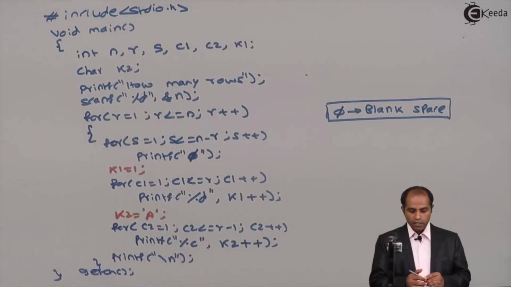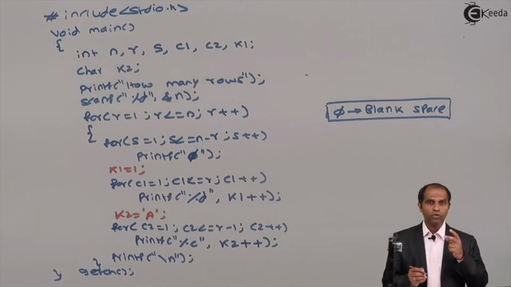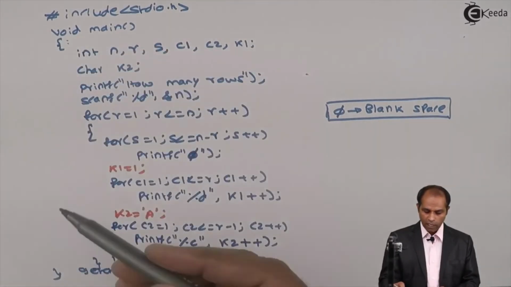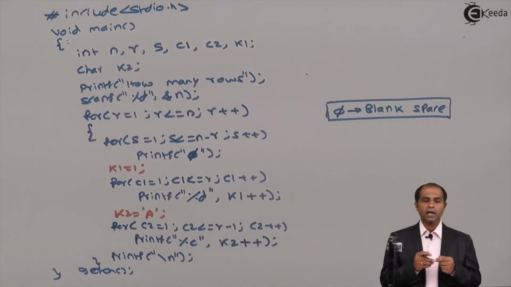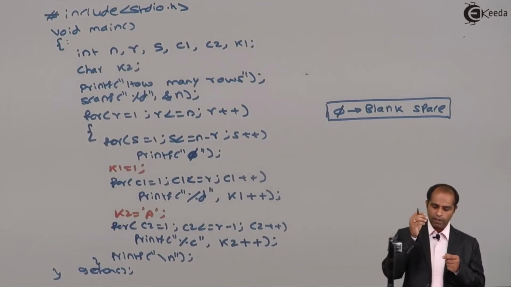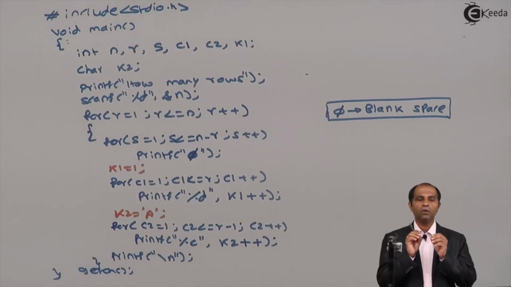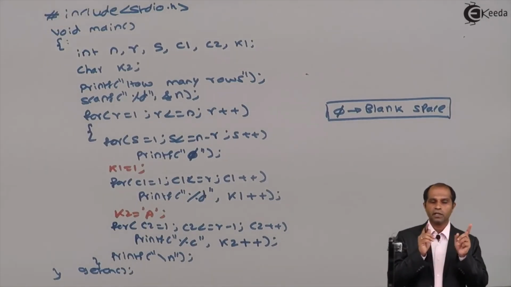So we have set the entire pattern using these loops. Observe, there are only two pairs of brackets, one pair indicating the begin and end of main and one more pair indicating the begin and end of the R loop. Within this R, I have S, after that K1 has been set to 1, after that C1 has started, after that K2 has been set, after that C2 has been started. S, C1 and C2 all have only one instruction. Hence, curly brackets are not necessary.